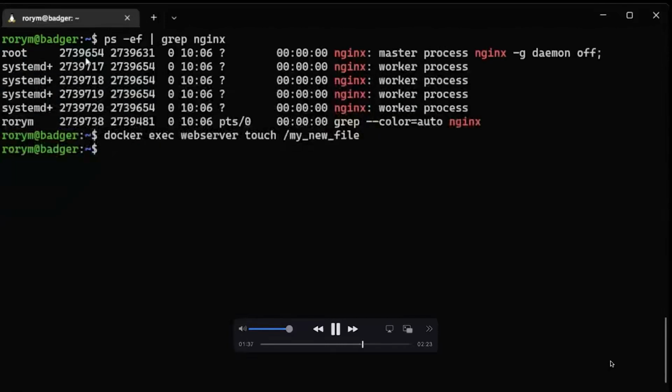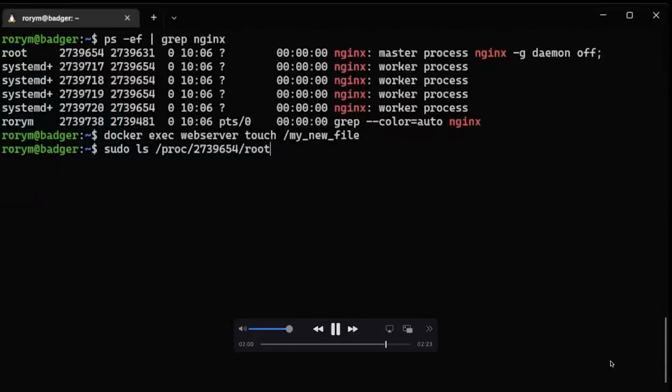We can get essentially this here, which is the process ID, and we can say sudo ls /proc. So proc is a special Linux file system that holds all the information about running processes, and we're going to find information about that process ID, and we're going to say show me the root file system of that process.